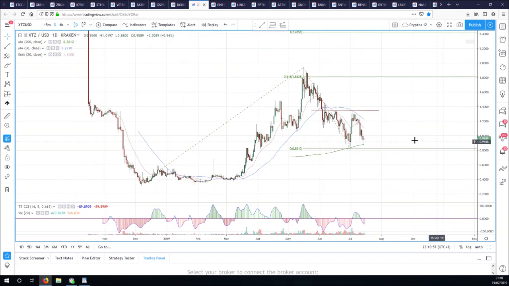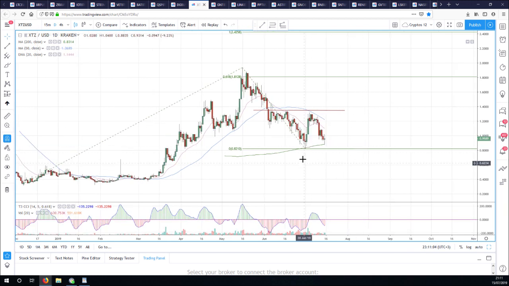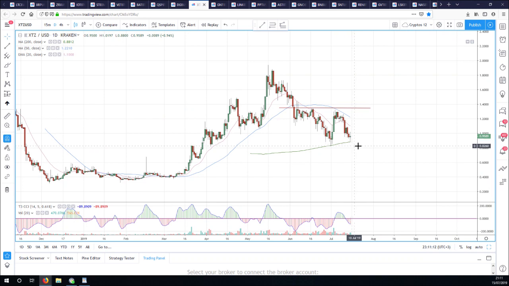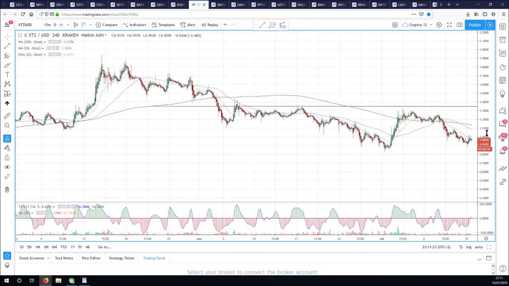We'll start on the daily. And I'm going to say XTZ against dollar. This is not a bad look, you know. Look at this lovely bounce that we got before at the 200-day moving average. And we're just retesting it again here in XTZ dollar. And pretty nice bounce off it. 5 waves down. There's a lot to like about this, if we can make a lower high and turn this around.